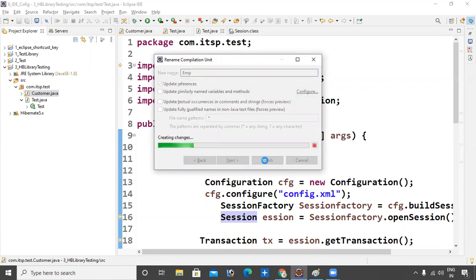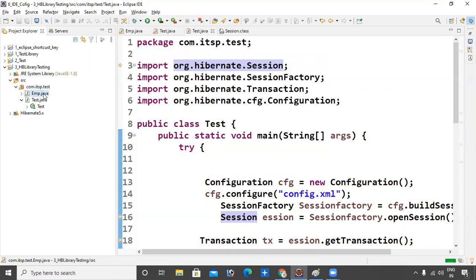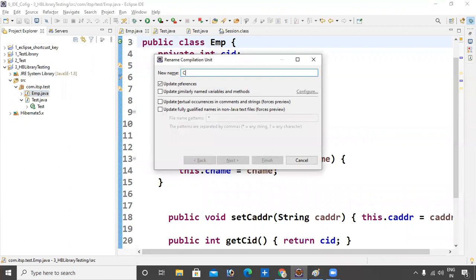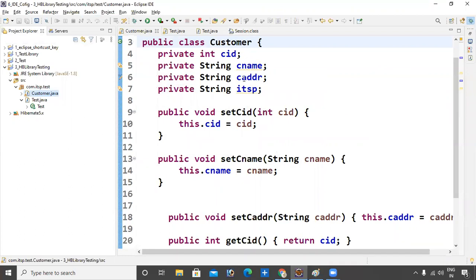Its name changes here and here also. Now select one more time, Control Shift R, Customer.